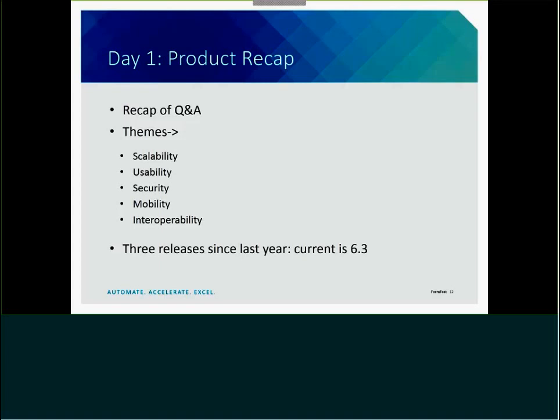We want to make those integrations go very, very smoothly, and so we are continuing to put effort into making that interoperability better. There have been 3 releases since last year. The current is